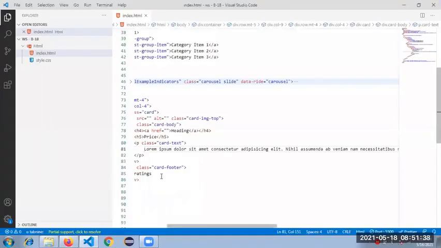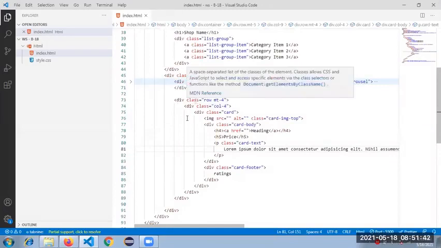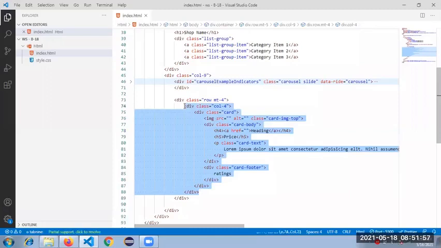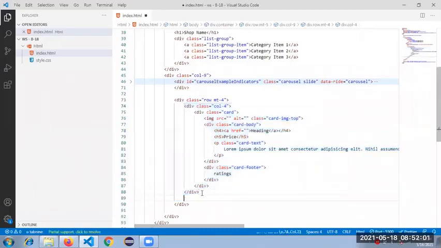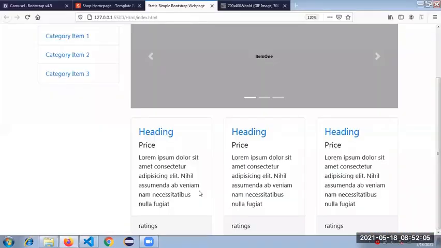I just introduced the row and column. I split it over this. So what I do, I'm copying this entire column. Yeah, this one. Copy paste now. See how it looks now.